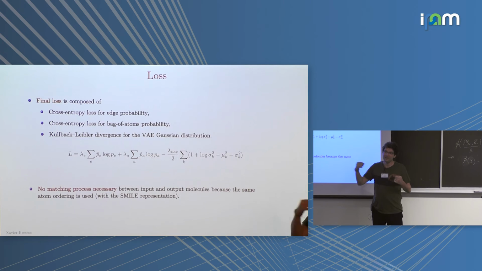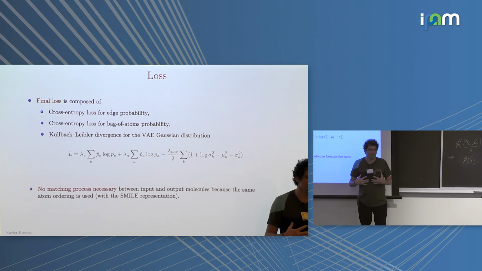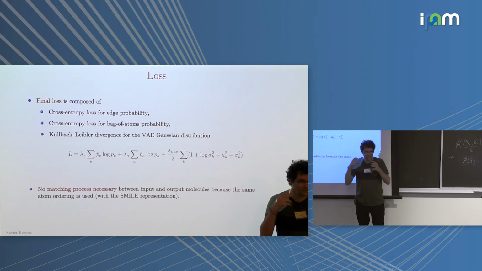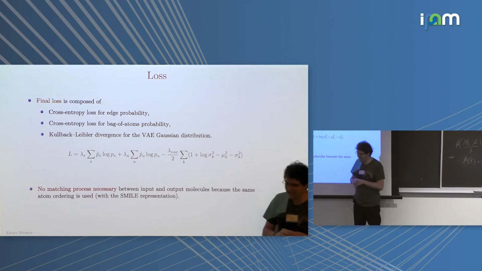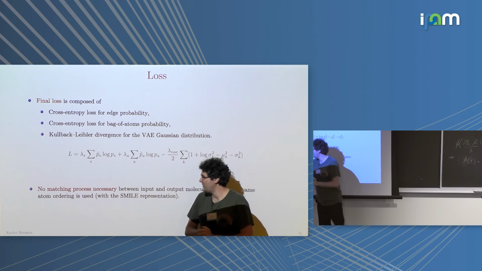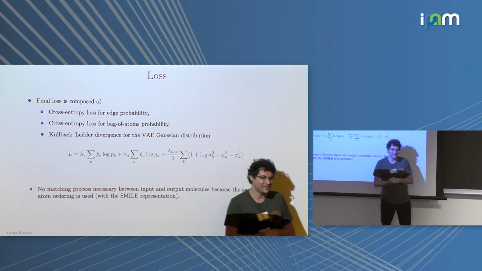I mean, there may be different reorganization of your atoms, and you get the same energy. So the problem for us was breaking the symmetry of having multiple numbers of the same atoms. So we use SMILES to break this symmetry, and at the same time, it really fixes the problem of the matching. But there may be multiple inputs and multiple outputs that will give you exactly the same loss. So it's not satisfying. I completely agree with that. But yeah, this is something we need to work out.